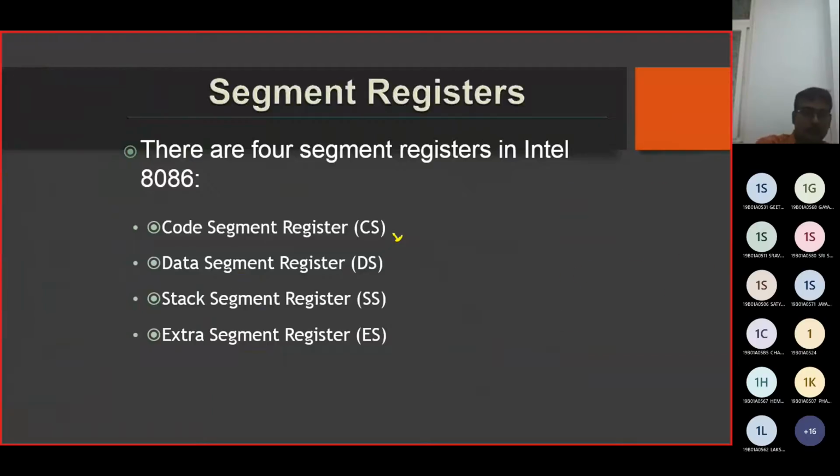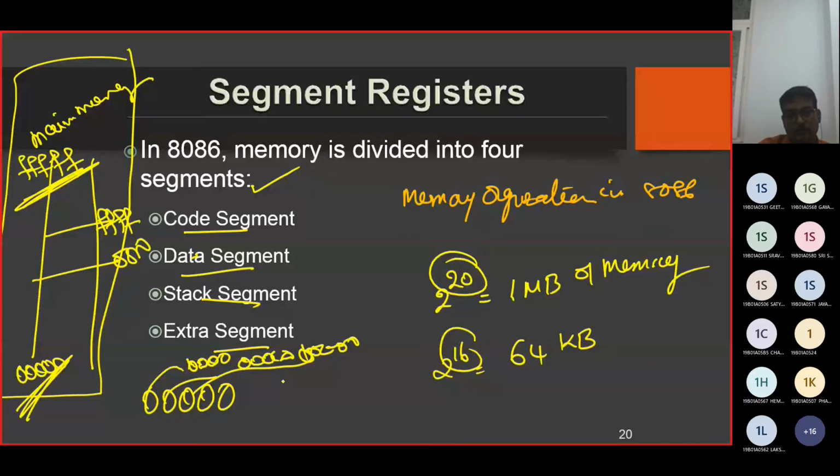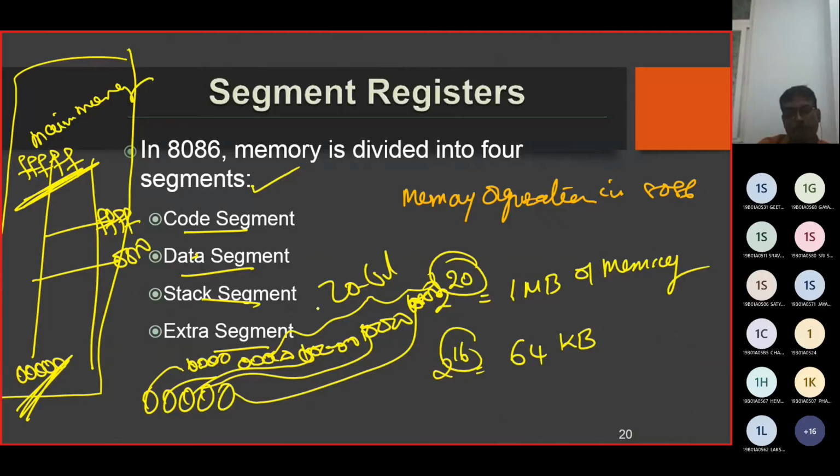The reason we have illustrated here: 5 Fs are going to be considered for memory, and 5 zeros are going to be considered for memory. 1, 2, 3, 4, 5. So 0, 0, 0, 0, 0. This one 0, 0, 0, 0, third one, fourth one, and fifth one. So holistically we will be getting 20-bit. That is the reason why the physical address is going to be 20-bit.